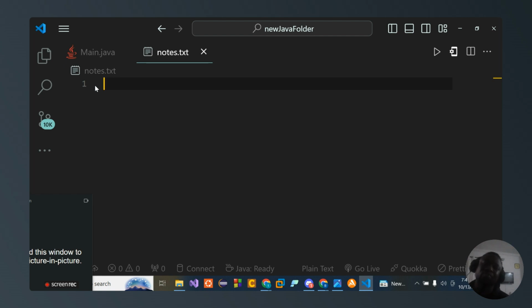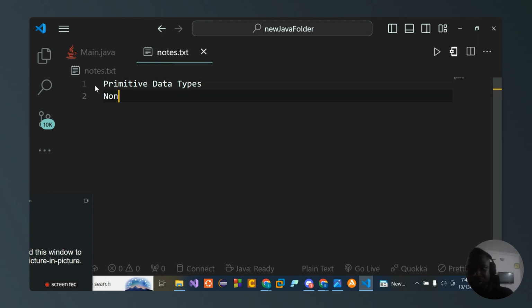We have two major types of data types. You have the primitive data types, and we have the non-primitive data types in Java. You understand? Most people forget about this, or ignore saying primitive or non-primitive. They just tell you the data type straight. But under primitive data types, we have the